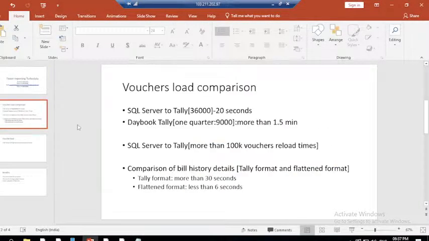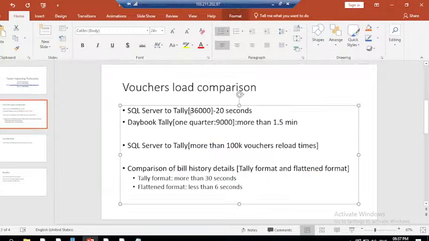तो हम लोग अभी क्या करेंगे, सर्वर पे we look at faster reporting through TurboData. तो सबसे पहले हम लोग करीब 36,000 वाउचर्स को लेंगे, और इसमें about more than 9,000 वाउचर्स जो है हम लोग इसमें एक महीने का लेंगे, ठीक है ना। With about 22,000 वाउचर्स कर लेते हैं, ठीक है ना, 22,000 वाउचर्स, and in these 32,000 vouchers we are looking at more than 1.5 minutes, ठीक है ना।